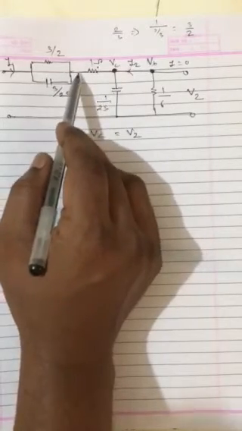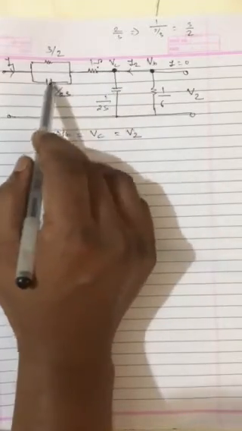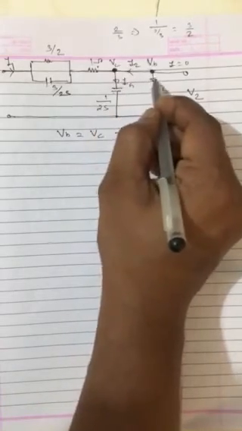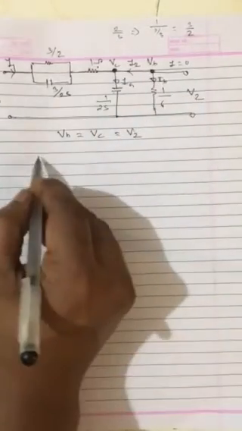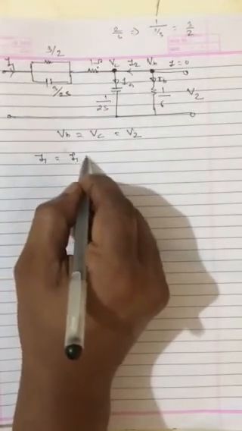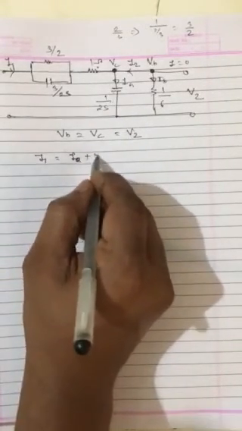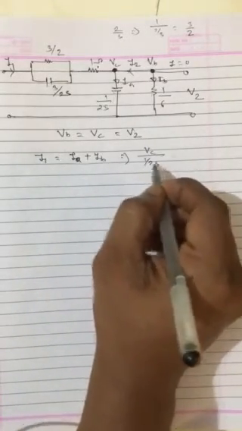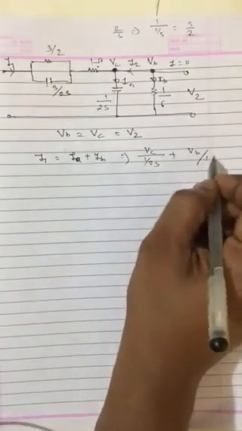Now next point is to find out this I1 current. I1 current is what? I1 is equal to your IA current. IA is current in this particular branch, and IB is here. So I can say that I1 current, which will come from here, will go here, and some currents will go here. So I1 plus IA plus IB. Again IA you can write as VC upon 1 by 2s, IB you can write as VB upon 1 by 6. Now you can solve it. That is a very easy thing. You can solve it easily.